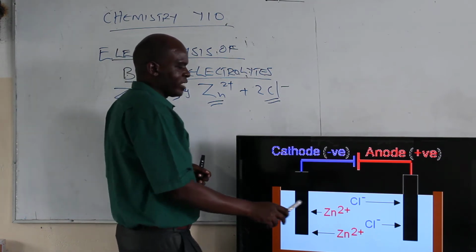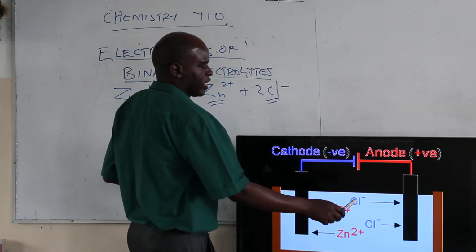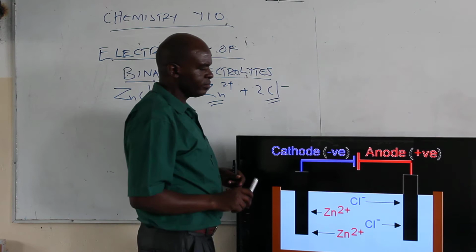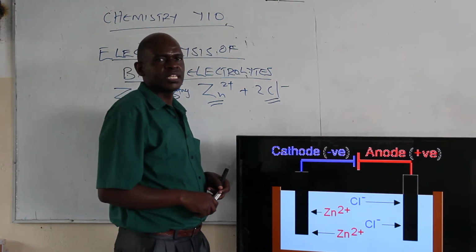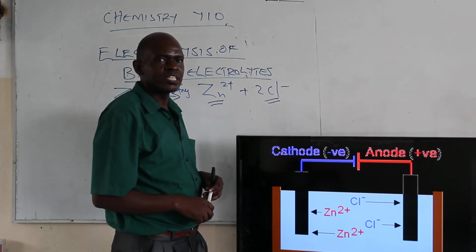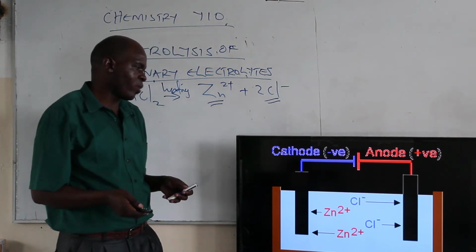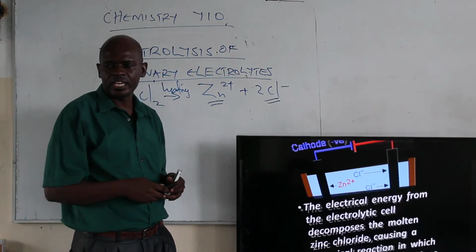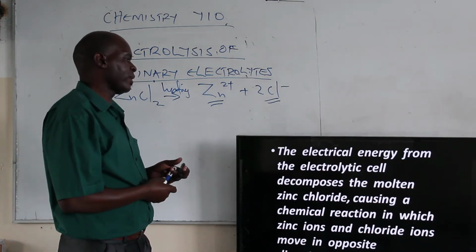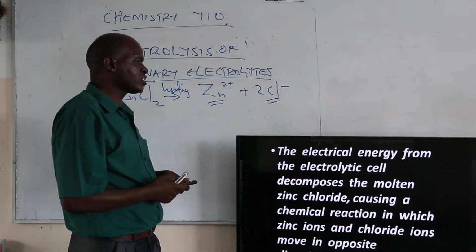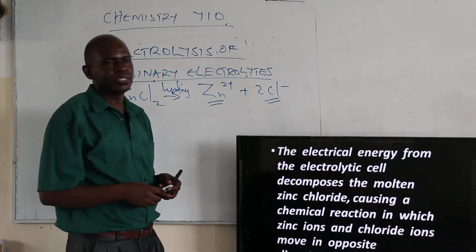Because now, once these two have parted ways and the zinc ions are attracted in this particular section and the chloride ions are on the other side, then automatically it means that these two cannot come together because they have already been attracted to the opposite poles. Now, upon completion, or once these two ions move to the opposite charges, there are still different things that will take place. For example, we have the electrical energy from the electrolytic cell, which will decompose the molten substance